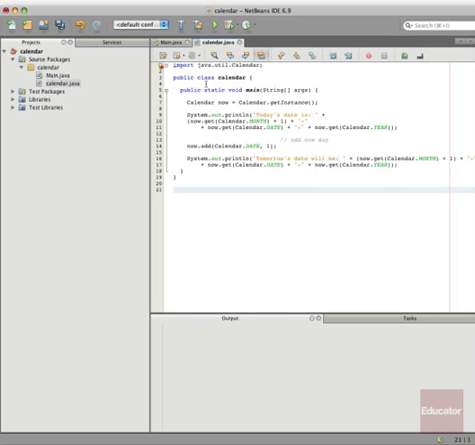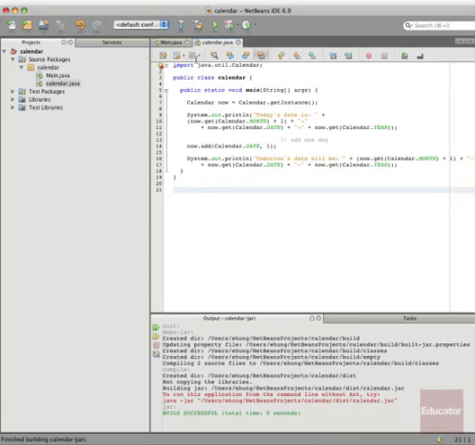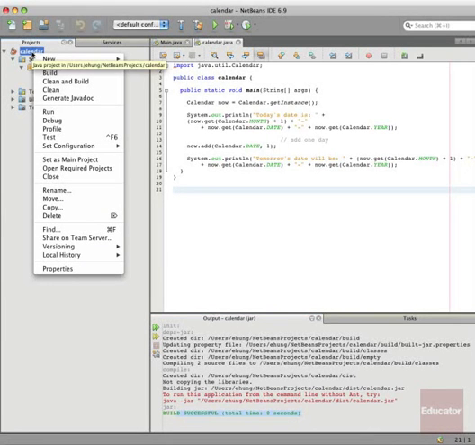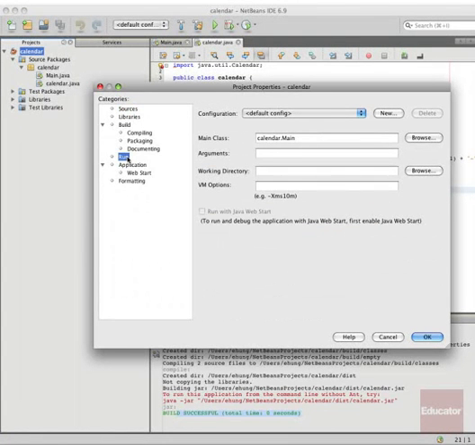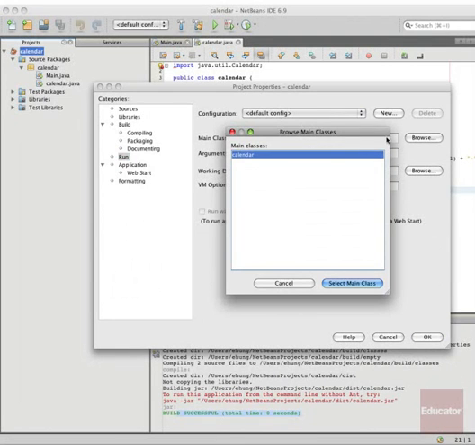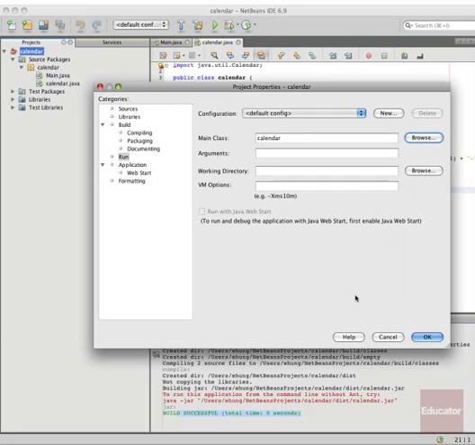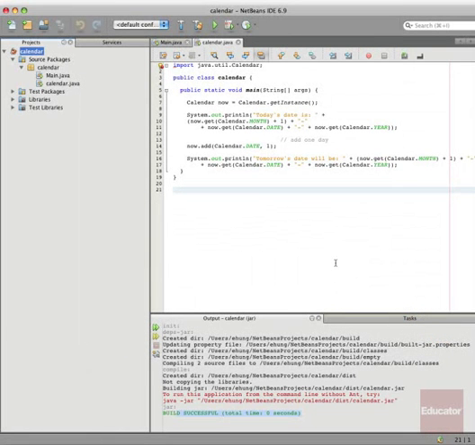When we do a compilation in NetBeans, we go to our Build button, Build Main Project, the hammer symbol. I click that. In our output window, it tells us that our build has been successful. All right, now we've got to do one more thing before we run it. We have to right-click on our project tab over to the left, go down to Properties, and go to the Run category, and ensure that the main class has been identified. Sometimes you need to do this more than once if you get an error. If I identify the main class as calendar, we select that, we click OK. All right, now it's identified the main class.